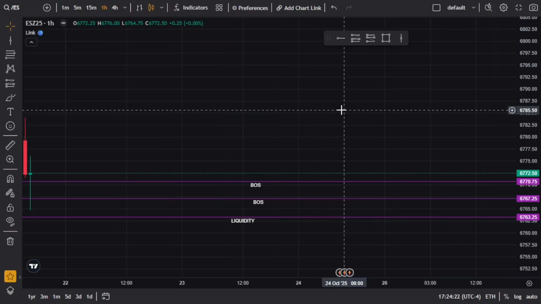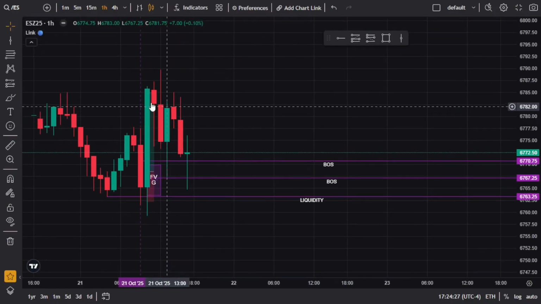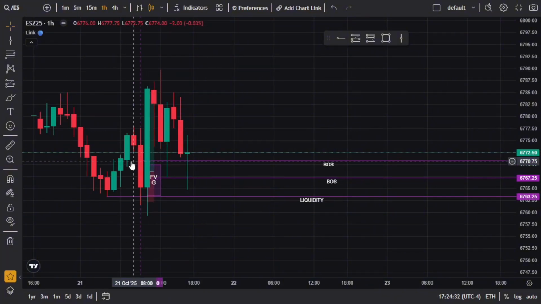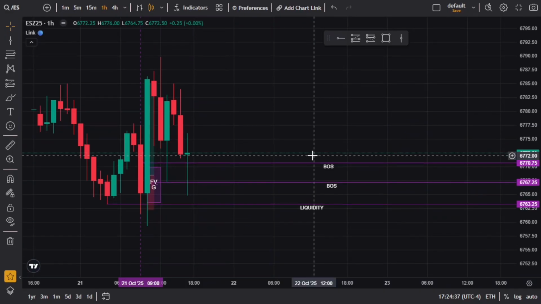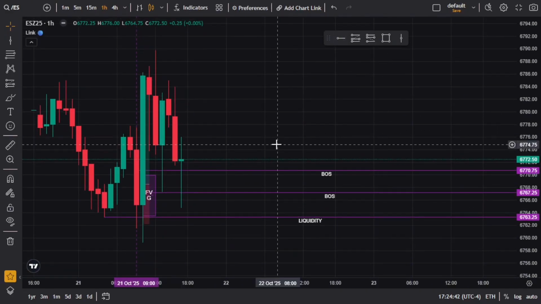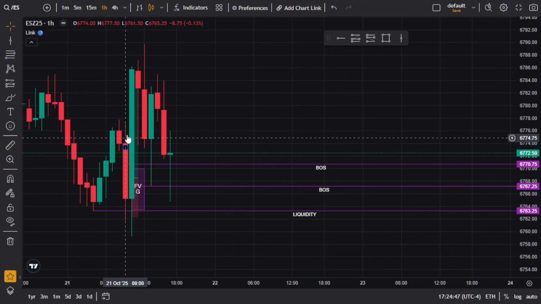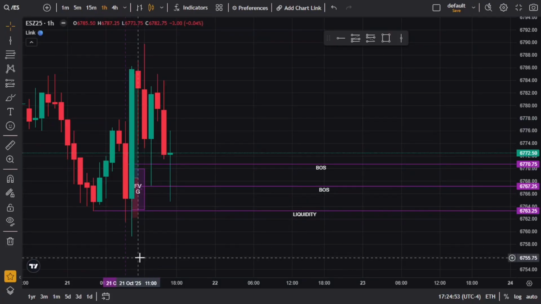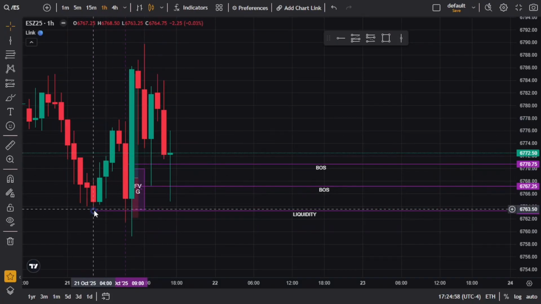Let's see. So, perfect example here. Market opened right here. Marked it out in this horizontal line. I checked what my bias was for the day. Both aligned. We were both in an uptrend. So I scaled down to my 1 hour after checking if they both aligned, and I marked out my liquidity for the day. And this was even before market opened. As you can see here, market opened here, and this candle that I marked out was before market opened at all, right? Market opened here. We'll mark out this low because we're in an uptrend.